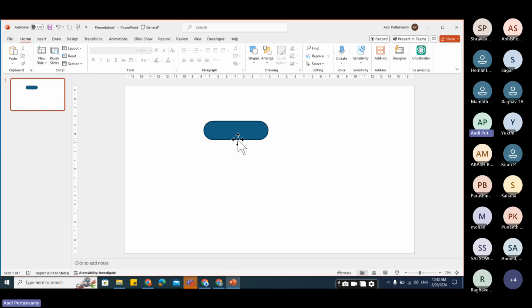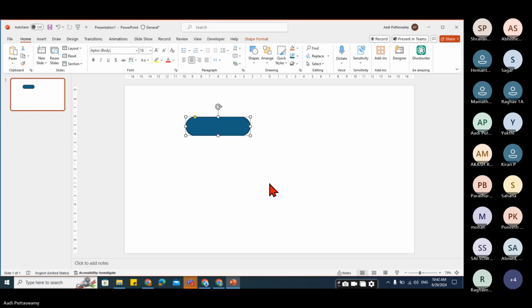Let the application open. See, I can just create something like this. I want to convert this into a kind of button. So how to do this? Let's say,